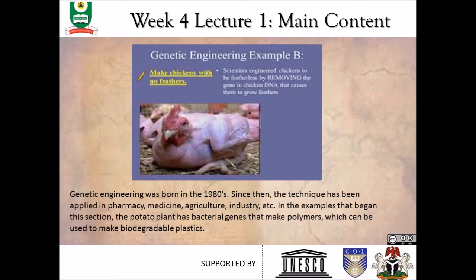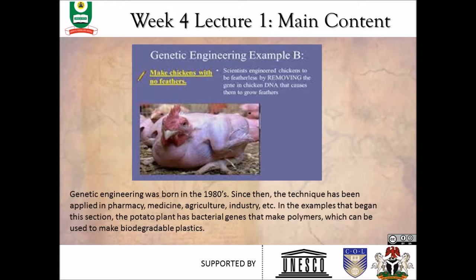Would you be able to tell the advantage of this? If the polymer production is increased, it means that biodegradable plastics will now be produced. They will therefore replace the petroleum-based plastic, which remains in the environment for too long, thereby causing pollution. The implication is that the old plastic cups, buckets, basins will not be lying around the compound. They will be decomposed by decomposing organisms.